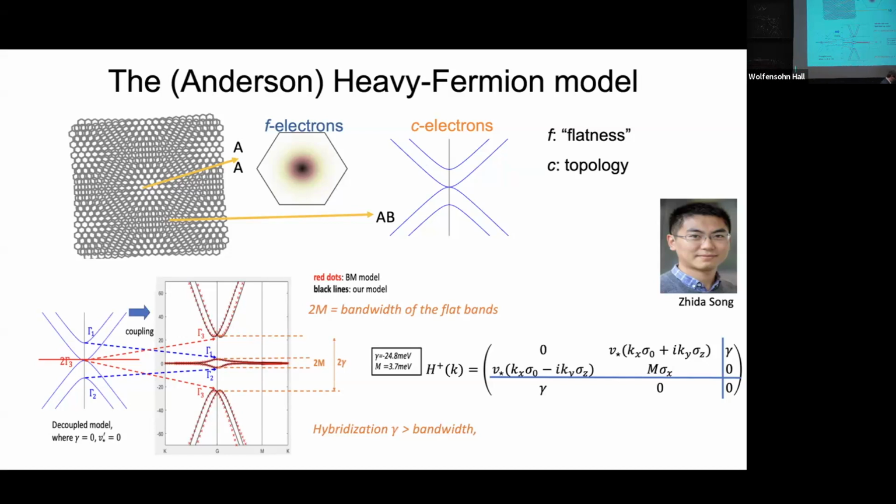In the Bistritzer-MacDonald model, if I just derive their coupling term, you can derive it. We can also postulate it by symmetry, but you can derive it from the Bistritzer-MacDonald Hamiltonian. And I can just tell you what it is. It's very simple. At the gamma point, the heavy electrons form a gamma 3 representation, but these dispersive electrons also form a gamma 3 representation. They're the same representation. So then,